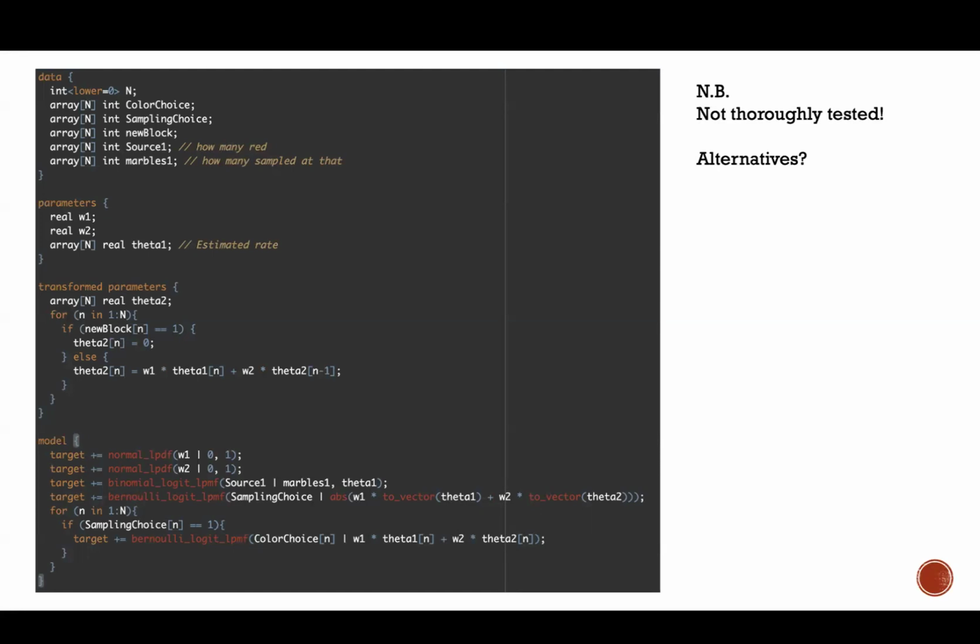And this comes again with a warning, because I haven't stress tested the model. It compiles, it fits on some random data that I put in, but I haven't really checked whether it makes a lot of sense. But this is how I would go about modeling. So we have n, that's the number of rows in the data set. That's an array of length n where we have the color choice, which is 0 if it's green, 1 if it's red, and